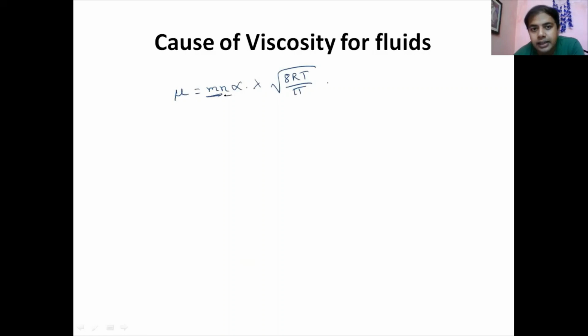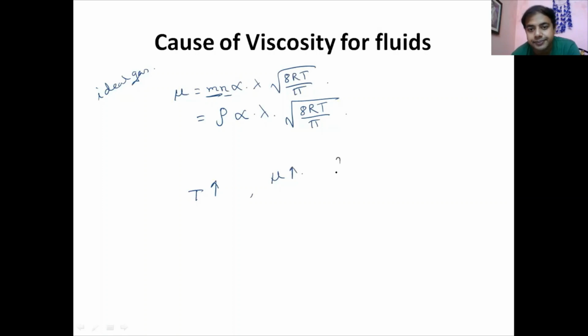m is the mass of each molecule, n is the number of molecules per volume. So m n is the mass of molecules per unit volume, that means rho density, into alpha correction factor, into molecular free path, into root 8RT by pi. We are considering this equation for the ideal gas. So if you increase T, temperature, your viscosity will be increased for the gas. If you increase the temperature, your mu will be increased. That's all here. We are not going that much far. So mu, we are getting in this way. One concept